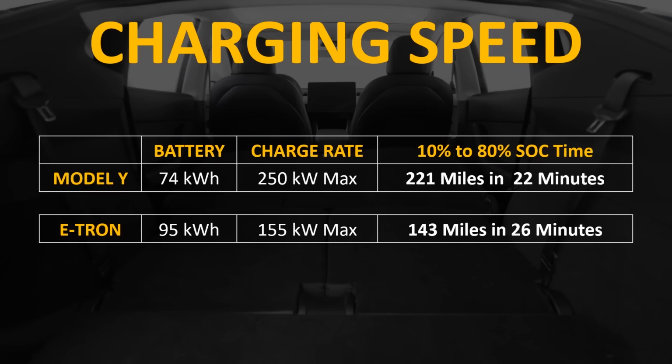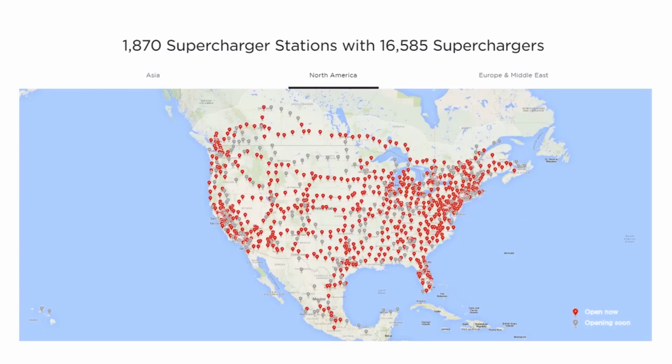The Audi e-tron should be able to gain 143 miles in 26 minutes. So as you can see, the Model Y is able to add quite a bit more range in less time, so it's going to be a much better traveling vehicle. On top of all that, the Model Y has access to Tesla's charging network, which is very vast and has